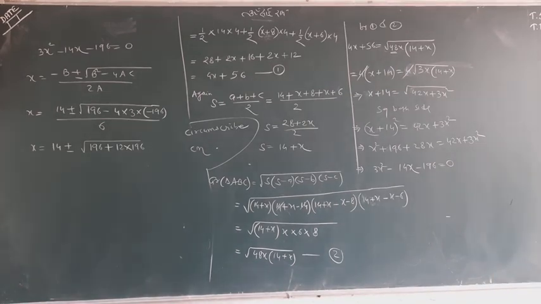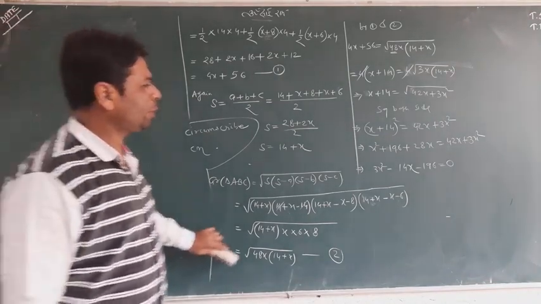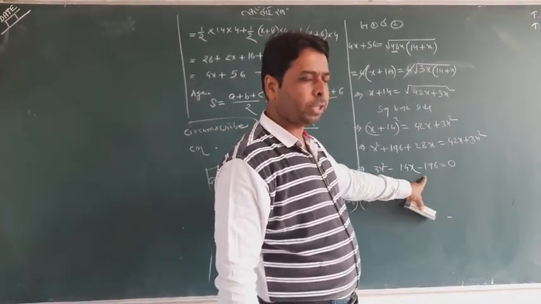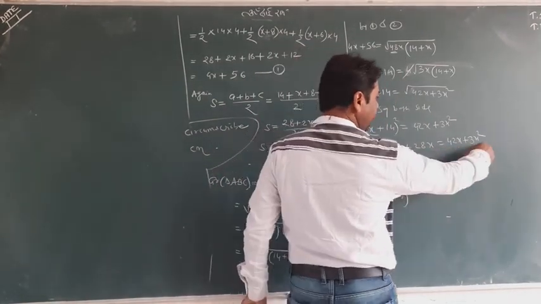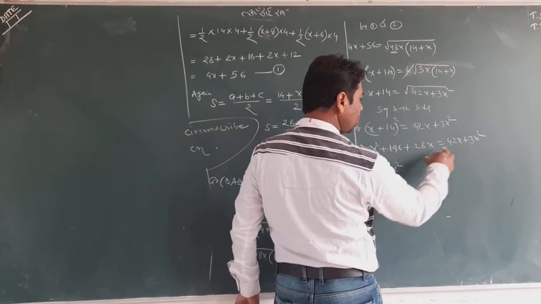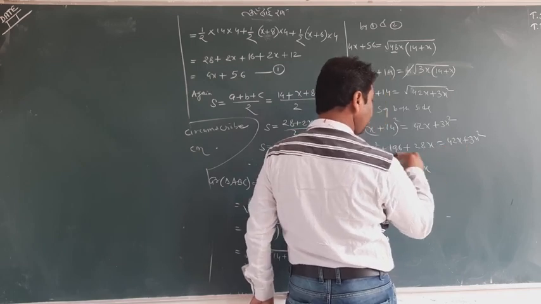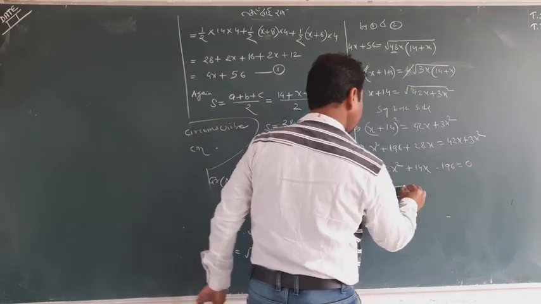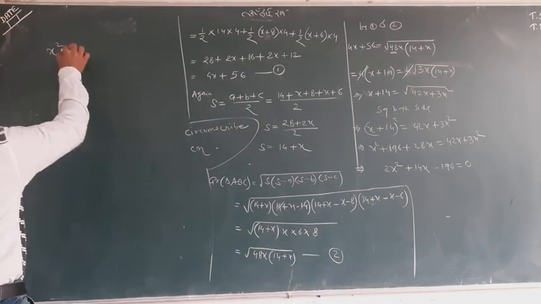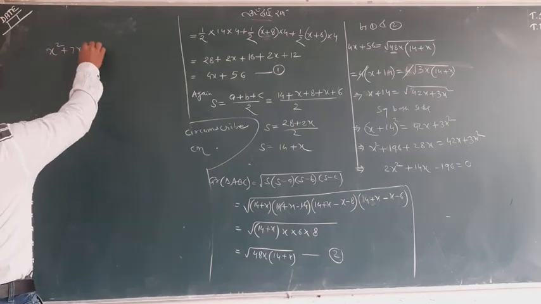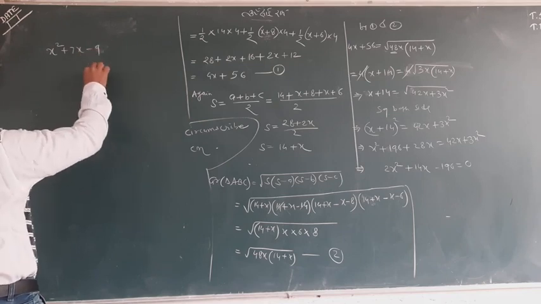Okay, students, I checked and I found a little bit of calculation mistake here. This portion I made a little bit wrong. Let me write it again properly. This is 3x square minus x square is 2x square. This is 42 minus, this is plus 14x and minus 196. This is a 2, and I think we should divide by 2 here. So we'll have x square plus 7x and minus, after dividing, 2 nines are 18, 2 eights are 16.